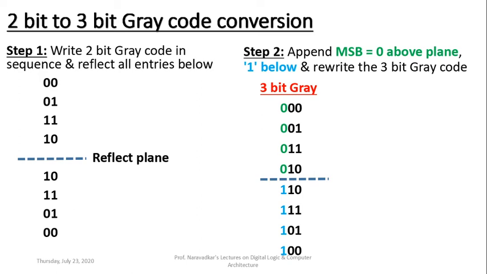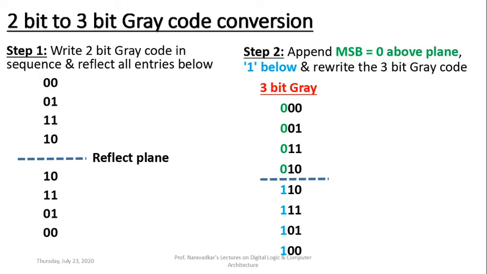Similarly, the last two entries, 101 and 100: the two MSB bits, 10, are as they are, but only the lower bit, the right side bit, is changing from 1 to 0. So every two successive entries are changing by just one bit position in case of gray code. That is applicable to any sized gray code.